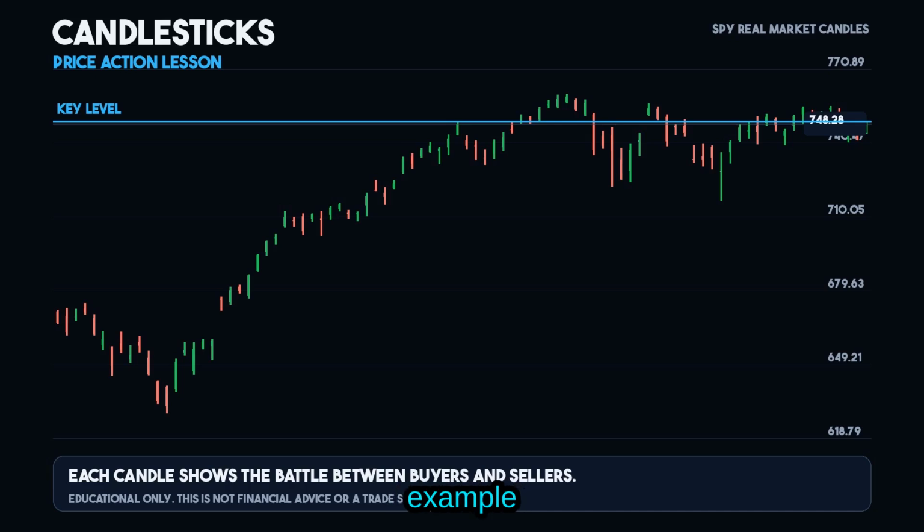Here's an example of how your homework exercise might look. Remember, this is just a simulation, and never risk real capital without proper training. Always practice on a demo account or paper trade before risking real money. In conclusion, today we've learned the essential components of a